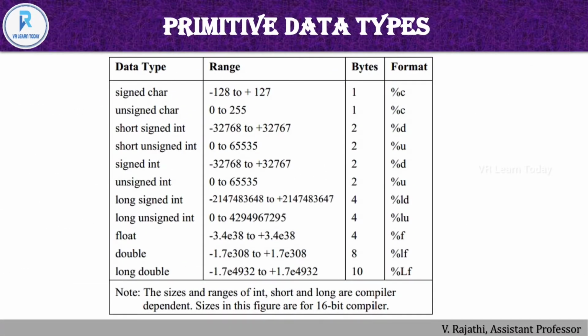Next we have to know the range of the primitive data types. Here the table contains the data type, the corresponding range, and the size in bytes. A signed character occupies 1 byte, and we have to use the specifier %c. It is called a format string or format specifier. Okay. In the same way, a float takes 4 bytes and a double takes 8 bytes. The corresponding bytes, range, and format string are displayed in this table.